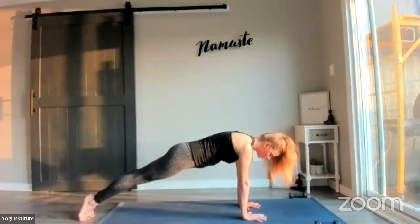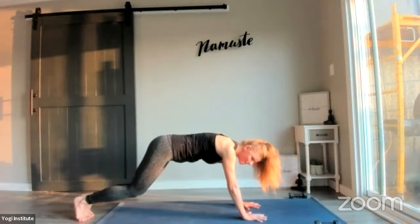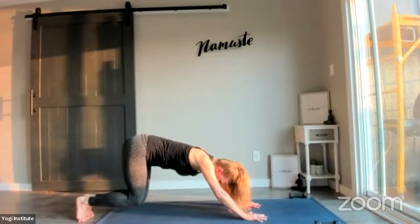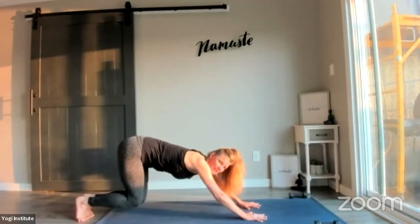position. Squeeze your belly button toward your spine. Press through your palms. Get nice and solid here for 5, 4, 3, 2, 1. Bend into your knees. Sink your hips back, coming into your turbo dog. 5, 4, 3, 2, sink the hips back more, and we're going to jump forward, placing our feet on the